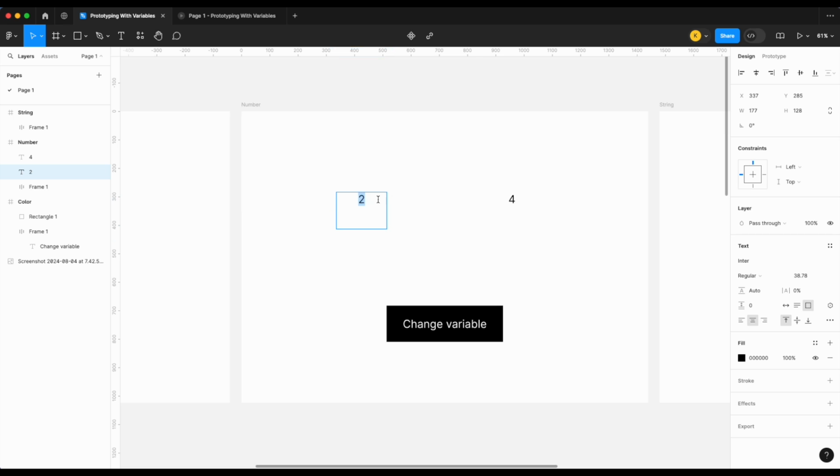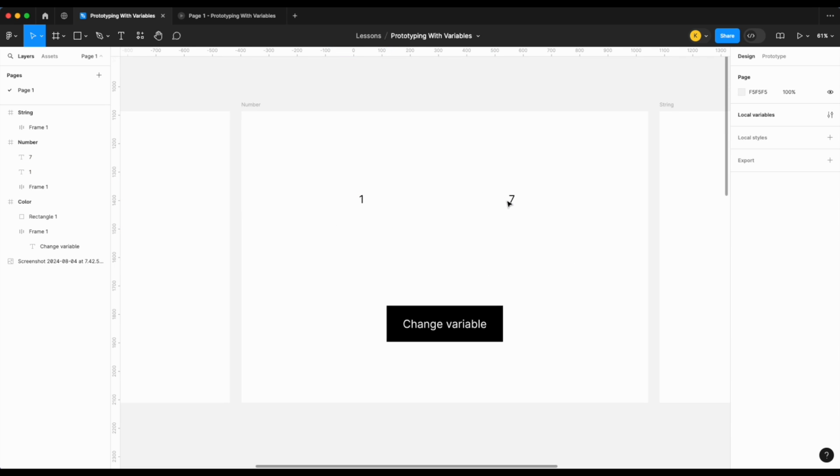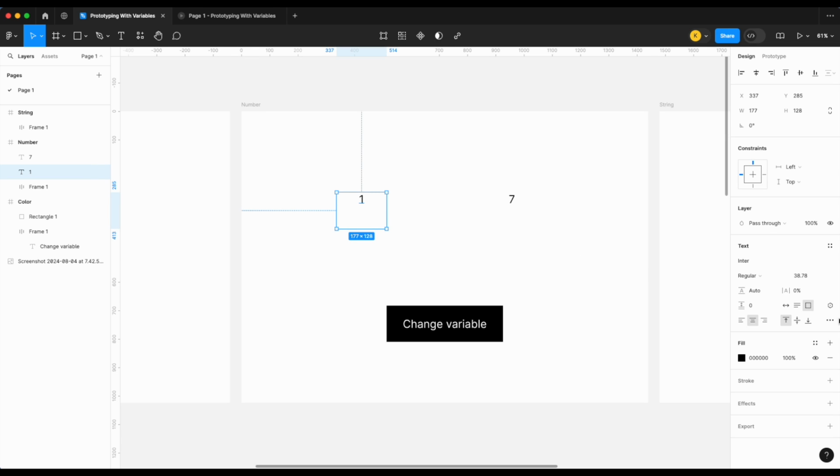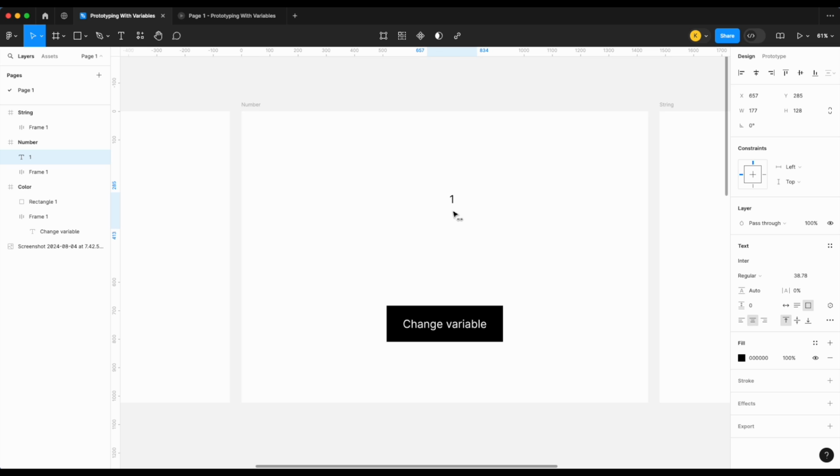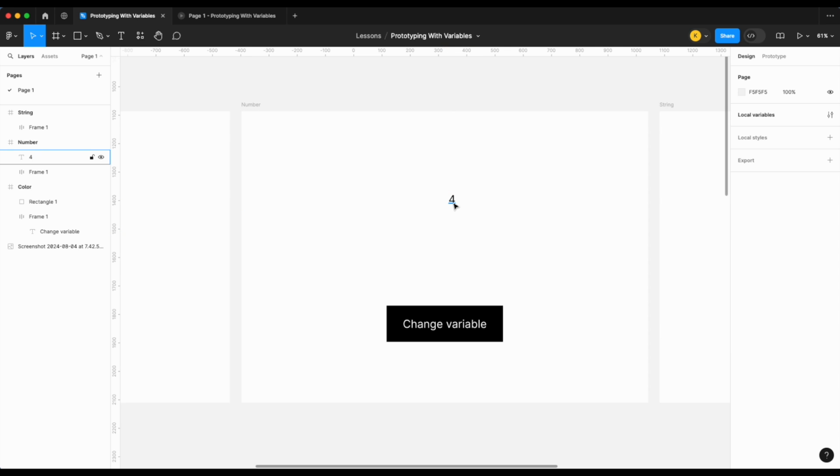So let's look at maybe just change this to 1. Let's change this to 7. Is what we actually want to have happen here. Maybe we'll just stick with one number for now. Same with rectangle, let's go ahead and actually apply this number variable. So if I'm looking to apply the number variable, I would apply it at the text layer here. So I'm going to go ahead and apply that variable itself. From what you can see that it changed from